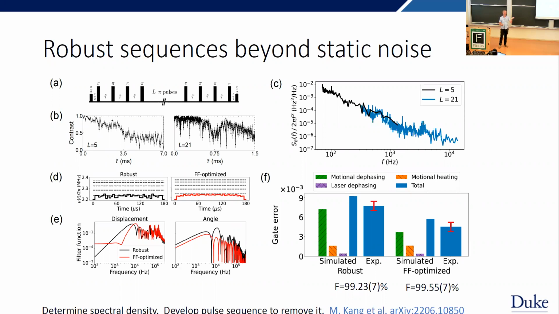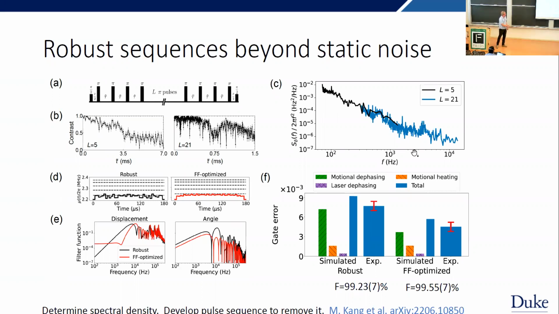It helped a lot in theory, but in practice it didn't help. So the next thing he did is he said, well, people are working on these filter functions, so I'm going to do these sequences to get kind of contrast of different kinds of higher order dynamic decoupling Ramsey type sequences, transform that into a spectral density of noise, so you know, you get this kind of 1 over f squared sort of thing. And then optimize the solutions so that it minimizes this noise.